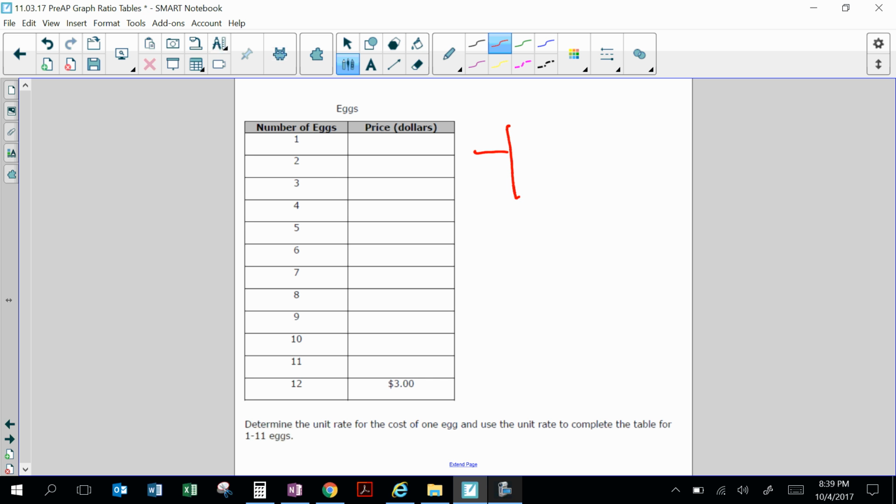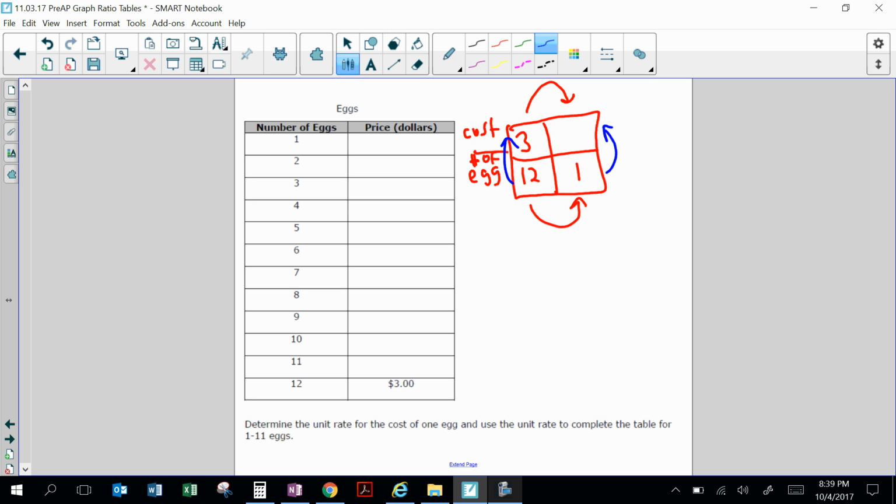So I'm going to make a table right here. You don't need to. So the cost is $3 for the number of eggs, 12. But I need to find the cost of 1 egg. Many ways you can do it. Pick one. Do you see a relationship from side to side or up and down? If you do it up and down, how do you turn a 12 to a 3? Divide